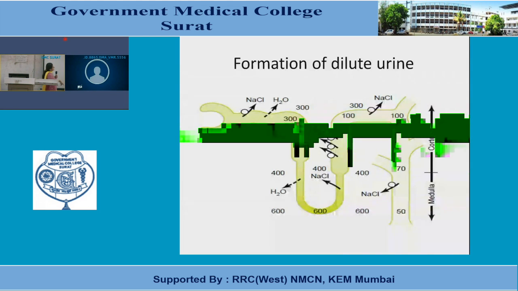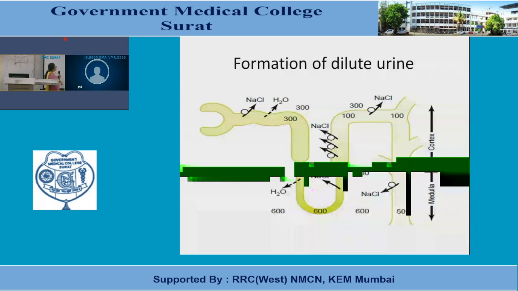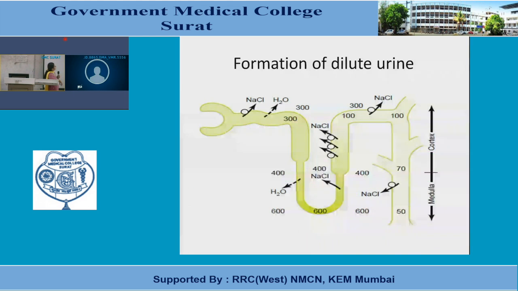It becomes same as the loop of Henle because there is osmolar gradient, which is almost same. That leads to absorption of NaCl under the influence of the active pumping of sodium chloride from the thick segment of the descending limb. So ultimately the concentration of the water will increase, and it is impermeable to water. And as we go up, it becomes 100. The osmolality will just become 100.